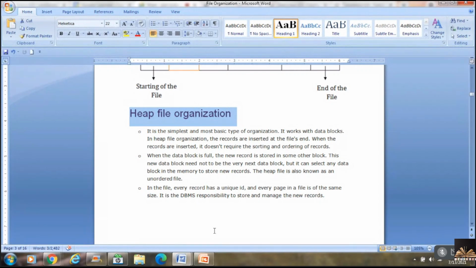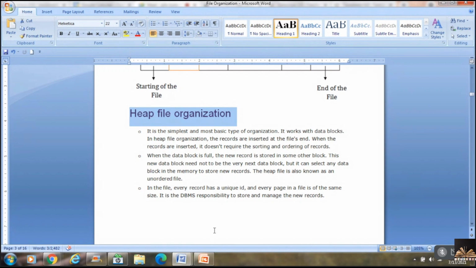In heap file organization, the records are always inserted at the end of the file and do not require any kind of sorting or ordering of the records. And whenever a particular data block is full, the new record that needs to be stored is stored in some other block which is empty.